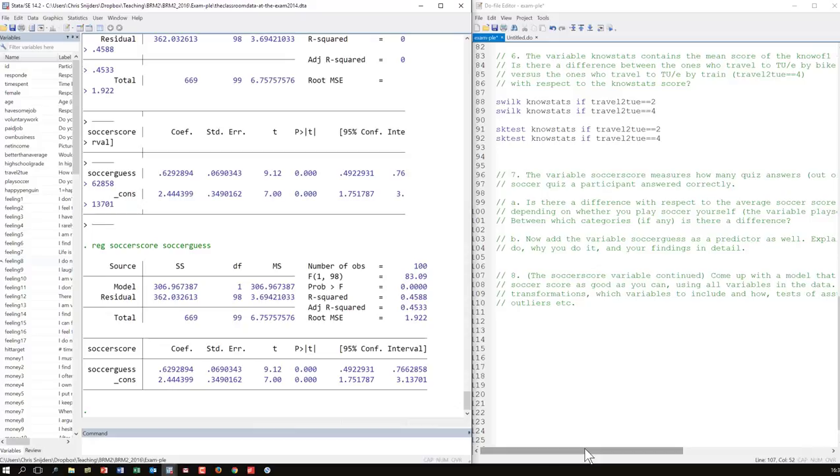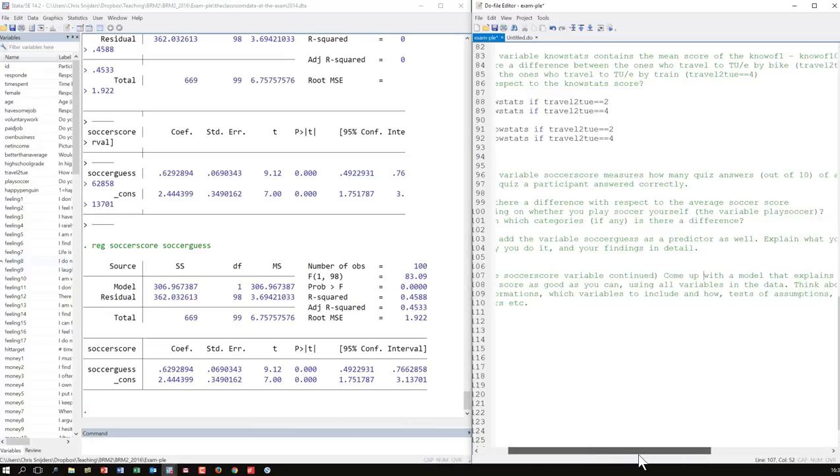And the question itself was, in 7 we already looked at a variable that was called soccer score. You could score a 0 there if you had all the questions wrong, or a 10 if you had all of them correct. And another one that was called soccer guess, and that was a question before you got the quiz: how many questions do you think you'll have correct? And in question number 7 there already was some stuff about predicting soccer score from that soccer guess. That actually worked. Let's see if we had anything else there besides that one.